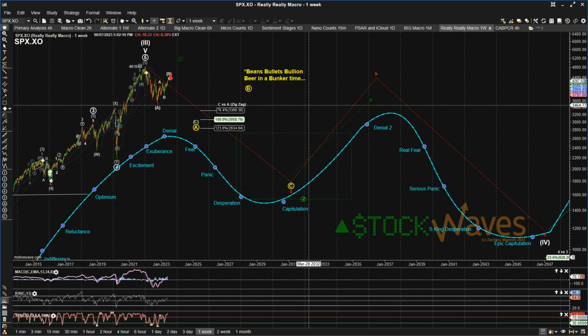But there are other things that are guidelines, and guidelines are a probability tool that we use that says most of the time in Elliott wave things are going to do this, but they aren't hard and fast rules. So one of the guidelines is that there's usually alternation between waves 4 and waves 2 in